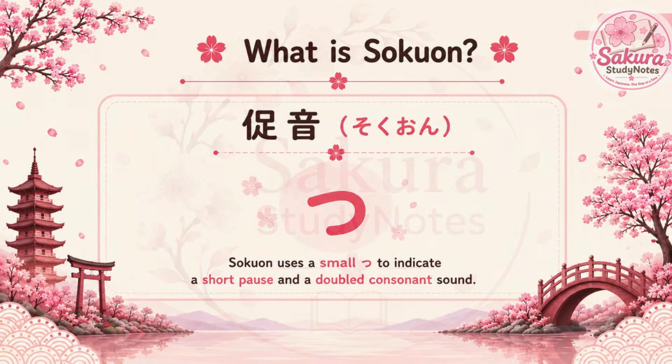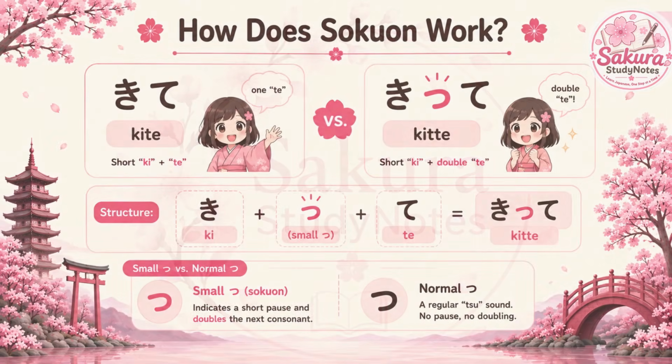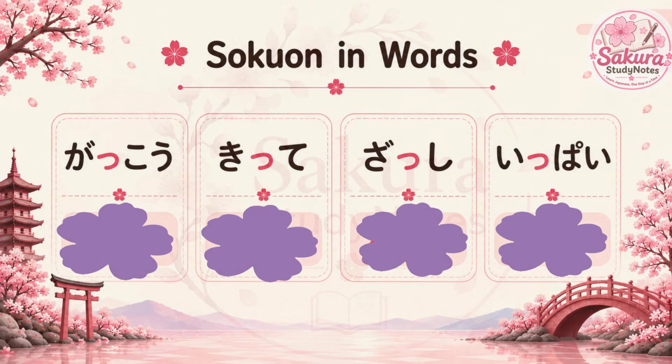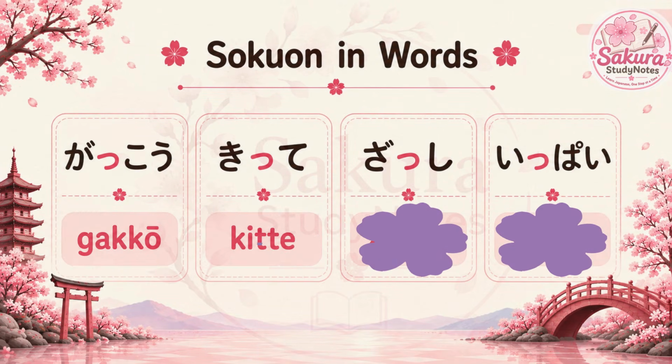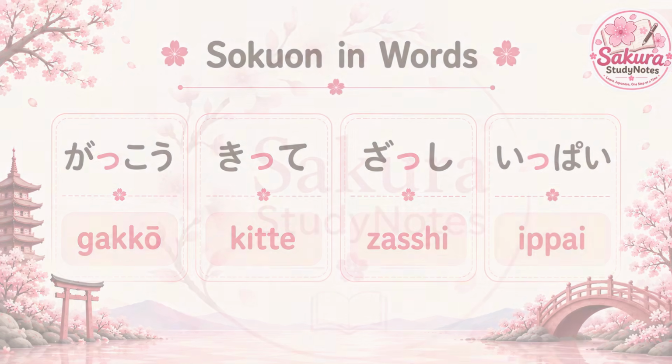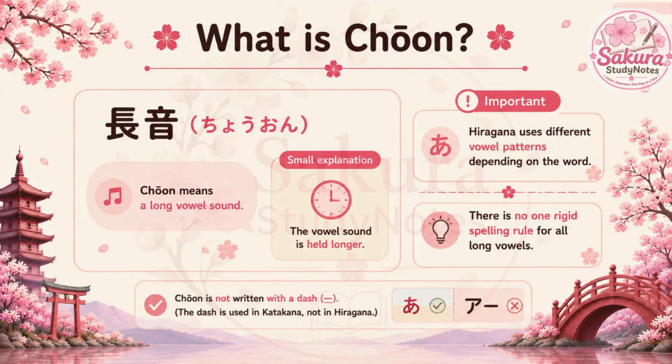Next, we moved on to Sokuon and learned the role of the small tsu. We explored how the small tsu creates a short pause and doubles the following consonant sound. We then saw Sokuon used in words such as 学校、切って、雑誌、いっぱい。